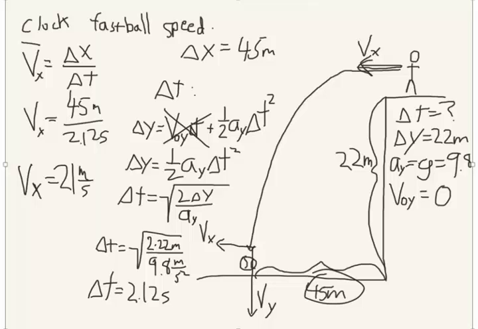So what we're doing here is we're clocking our fastball by throwing it horizontally off of a cliff. And we know how high the cliff is, and we use measuring tape or something to figure out how far it goes. Uh-oh, this drawing's terribly out of scale. It looks like our 45 meters is shorter than our 22-meter height. But anyway,